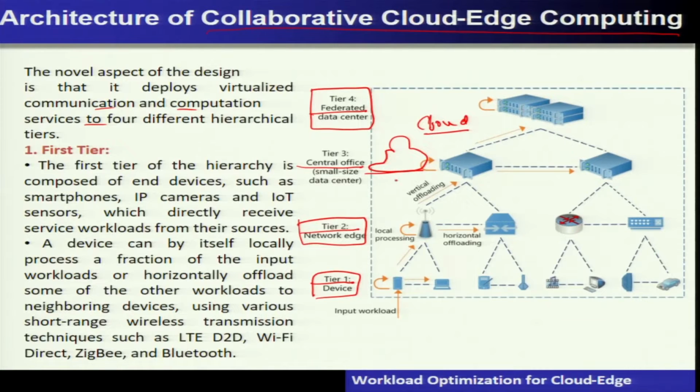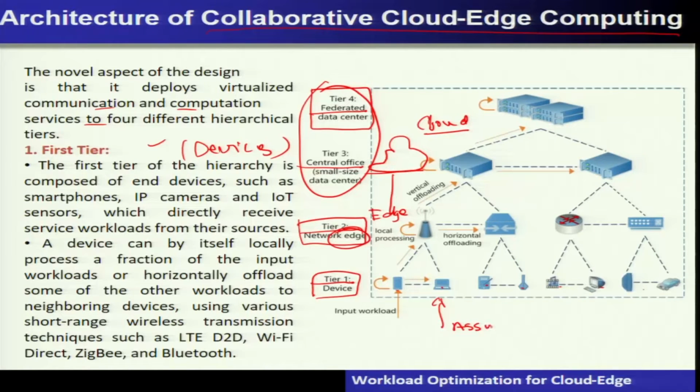And this is the cloud and this is the edge, and this is an IoT device. So, this is an edge and these two are the cloud. The first tier definitely is about the devices. You can see that there are different devices, and we are assuming these devices have some kind of very limited computing capabilities